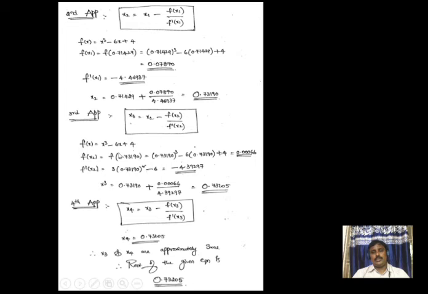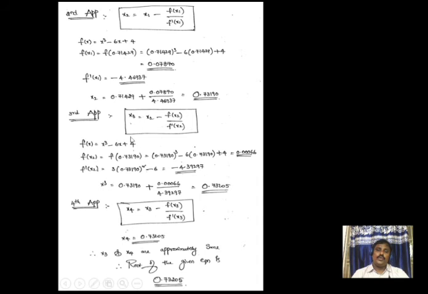So I will go for the third approximation. Similarly, f of x equal to x cube minus 6x plus 4. I place the x2 value in f of x2 and in f dash of x2. Then I got 0.73205. These two are slightly different, so I can either stop this process or go for the next iteration. So I went for the next approximation, x4, and I have 0.73205. I can see that x3 and x4 are approximately the same. Therefore, the root of the given equation is 0.73205. So the problem is completed.